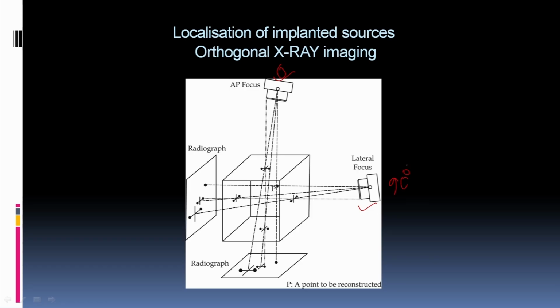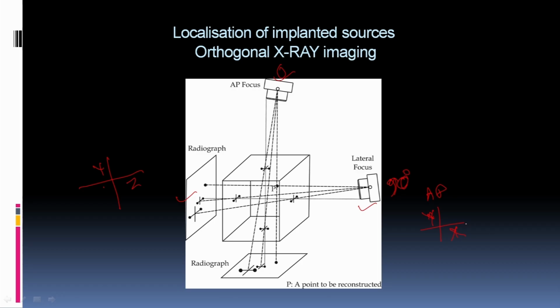In this AP film, we will get the X and Y coordinates, and from the lateral film we will get the Y and Z coordinates. So we will get X, Y and Z coordinates by combining these two